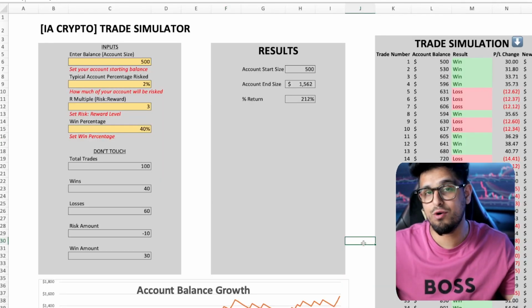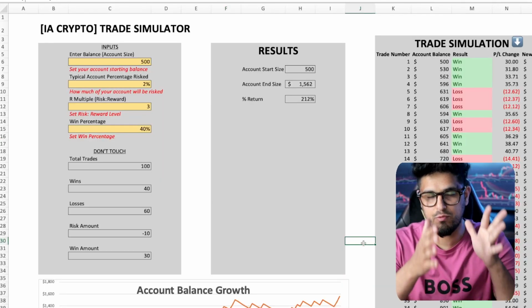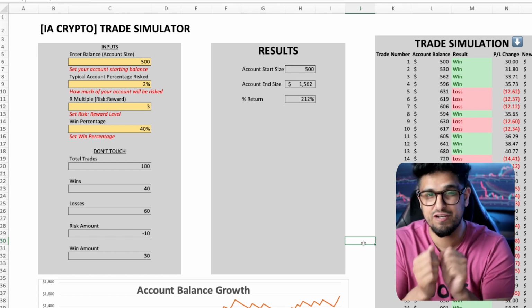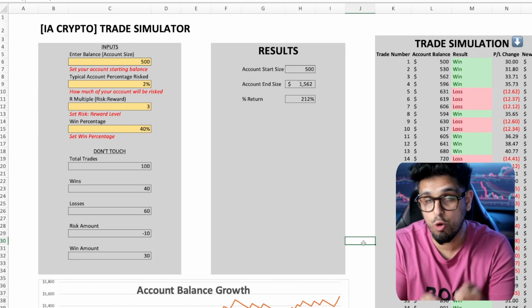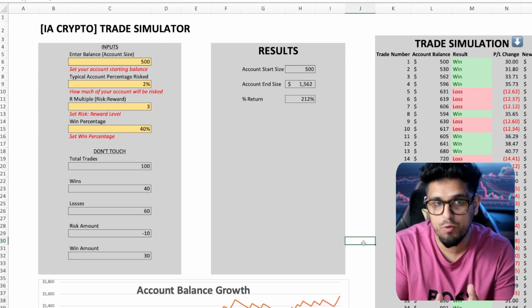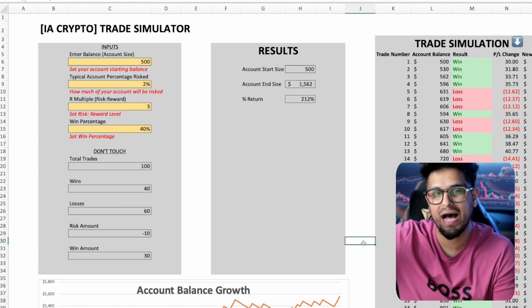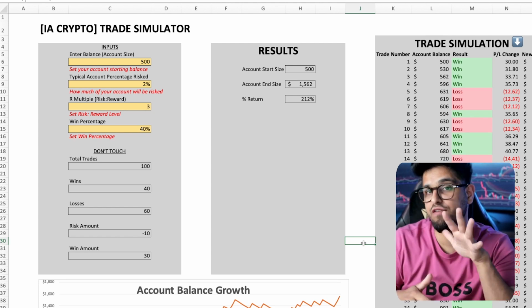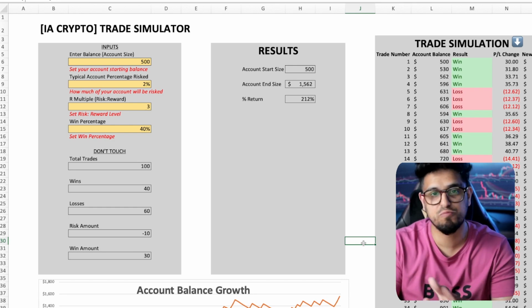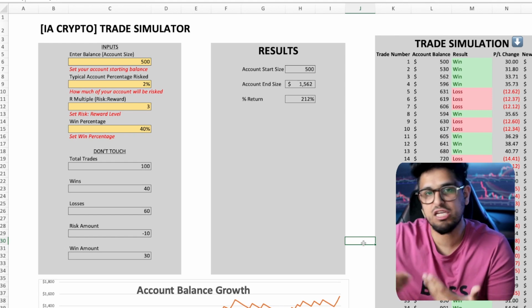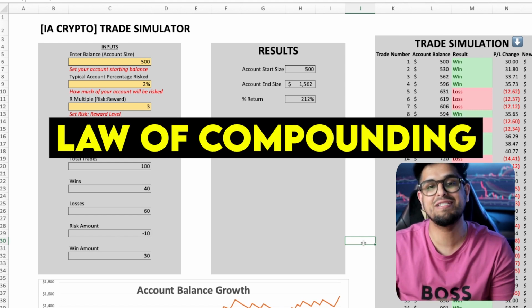Okay, so now we know how to size our positions and make sure that we're buying in amounts that's not going to wreck our account. It's going to give us some steady growth, and it's going to make sure that the risk multiple is in our favor. Now what we need to do is jump into the simulator to get an idea of how our account can grow, because the beauty of trading, even if you're trading in spot and not leverage, I personally only trade in spot. Even if you're trading in spot, yes, it's going to take you a lot longer, but the compounding works in your favor.